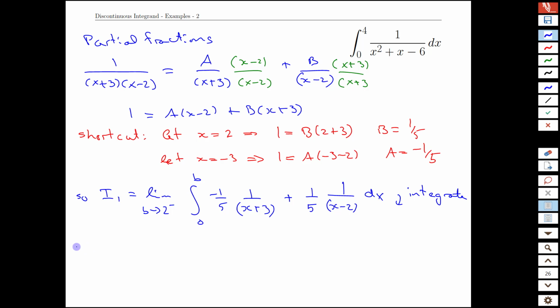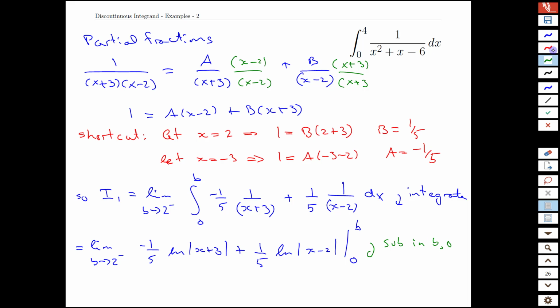When we do that, we get, again, the limit as b approaches 2 from the left. Here we're going to get -1/5 ln of the absolute value of x plus 3, and then +1/5 ln of the absolute value of x minus 2 between b and 0. Just clean up that negative sign a little bit. Then we sub in